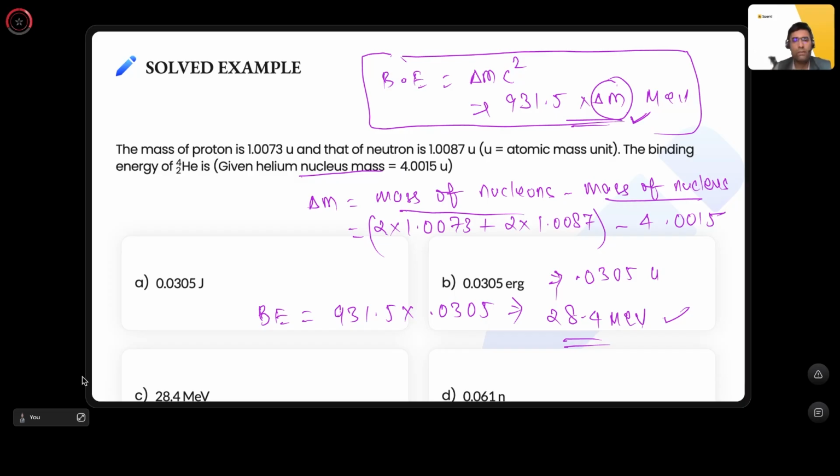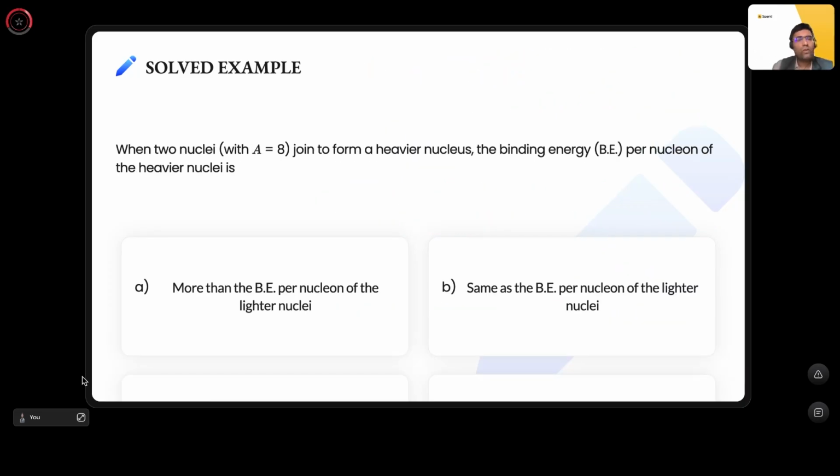होगा। ऑलराइट, नेक्स्ट क्वेश्चन, when two nuclei with A is equal to 8 join to form a heavier nucleus, the binding energy per nucleon of the heavier nuclei. So जब तक देखिए हमें पता है बाइंडिंग एनर्जी पर न्यूक्लियन का जो कर्व होता है वो ऐसा होता है। So for the lighter nuclei, when they will combine, the binding energy per nucleon of the heavier nuclei that is formed will be larger. ठीक है, तो binding energy more than the binding energy per nucleon of the lighter nuclei. So this is our answer. The case when heavy nuclei is there, तो वहां पे रिवर्स हो जाएगा।